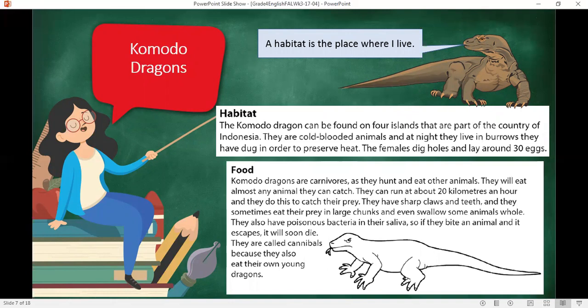Their food. Komodo dragons are carnivores, as they hunt and eat other animals. They will eat almost any animal they can catch. They can run at about 20 kilometers an hour, and they do this to catch their prey. They have sharp claws and teeth, and they sometimes eat their prey in large chunks and even swallow some animals